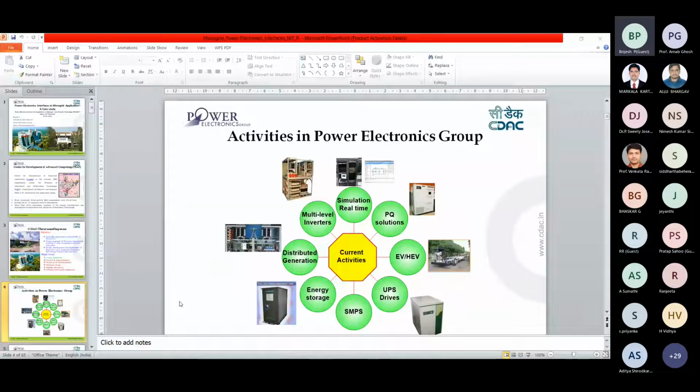Only four-wheel drive jeeps are available for material transportation. Why I am telling all these terrain specific details is that it affects the selection of our power electronic system.